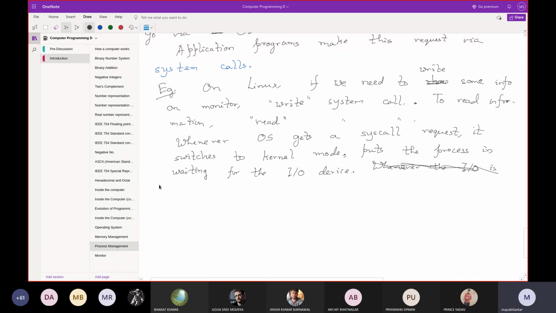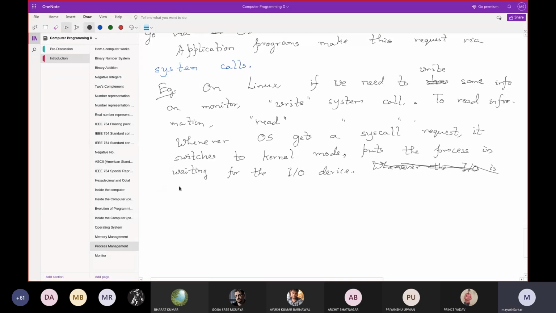Otherwise, if the OS would also wait with your currently running process for the keyboard, you would not see other applications running in parallel. What does it do? It goes to kernel mode, and if it is a scanf or read system call, it puts your process in the waiting mode for the keyboard, and goes back to other processes, right?